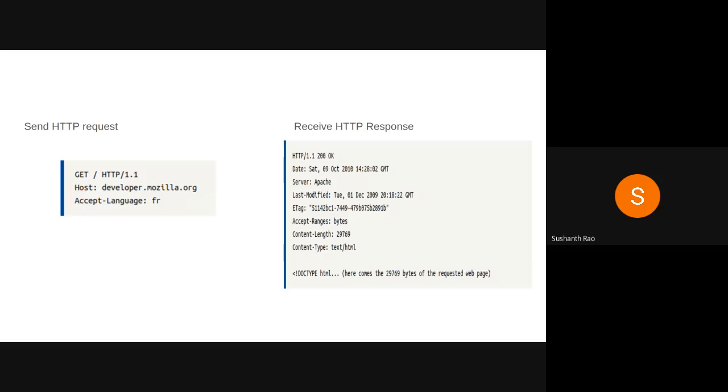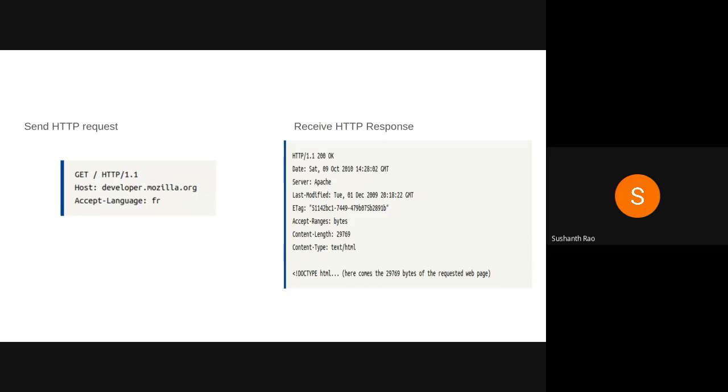Now, when you're sending a request to your web server, there is a format in which the browser will send the HTTP request. It will mention the URL. Let's say you're hitting nitk.ac.in as the URL, and that's a get request.